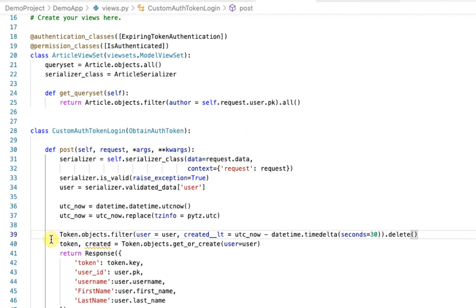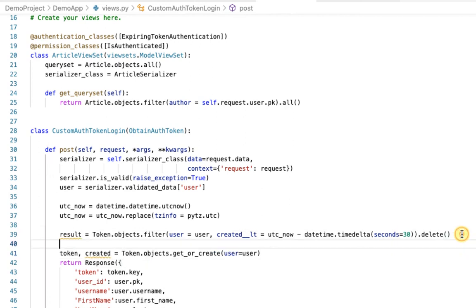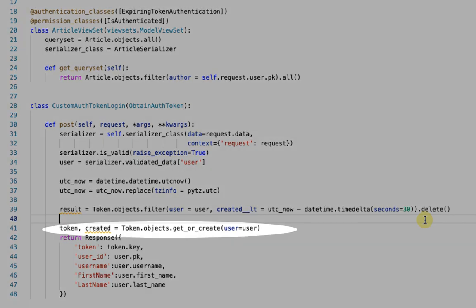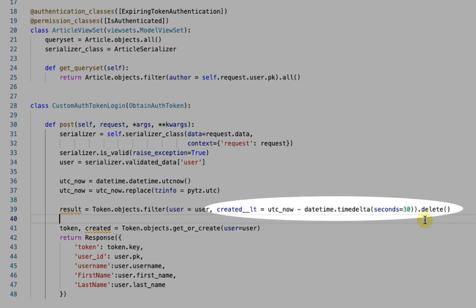And if there is no such token, then this delete query will return 0, that is 0 rows updated. So after deleting the old token, the further code will run as it is. It will create a new token or get an existing token which is not older than 30 seconds, because tokens which are older than 30 seconds we have already deleted.